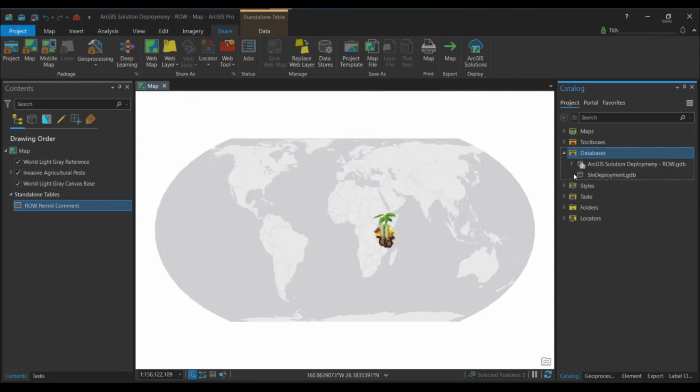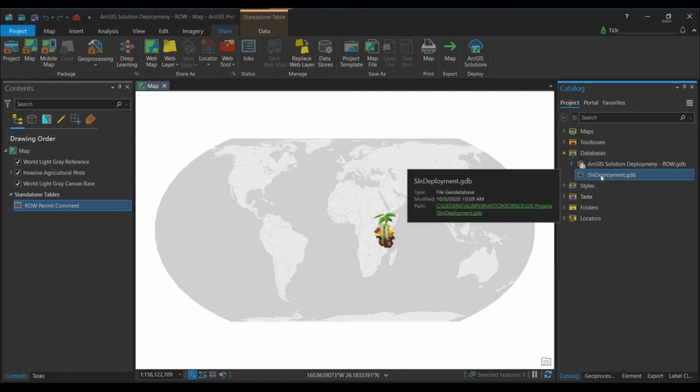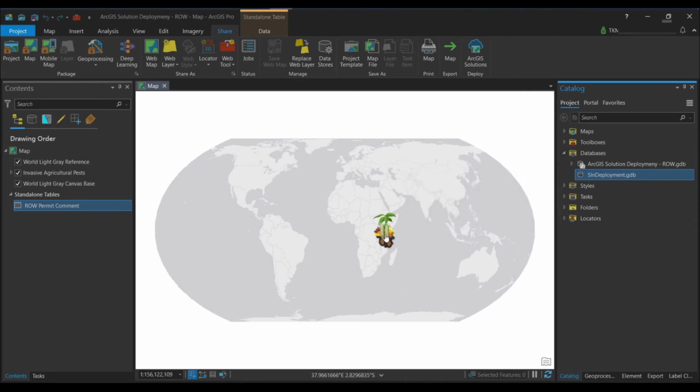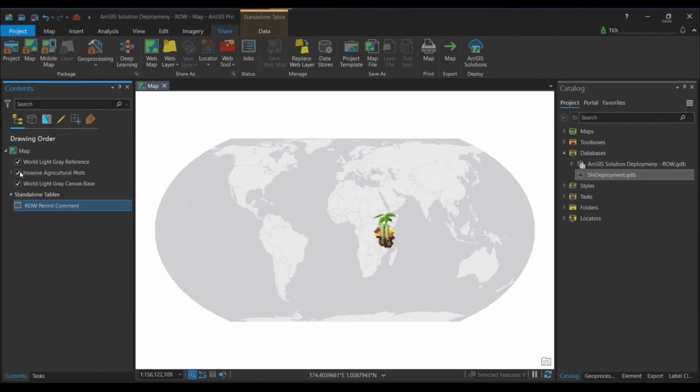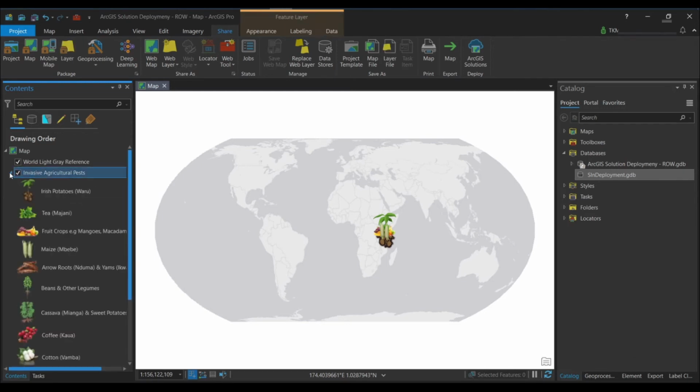Okay, so this database has nothing in it, and what we want to do is make sure that we have our hosted feature item in this file geodatabase, as well as this table. To do that, you see we have our own hosted feature item here. So this is what we are going to right click,